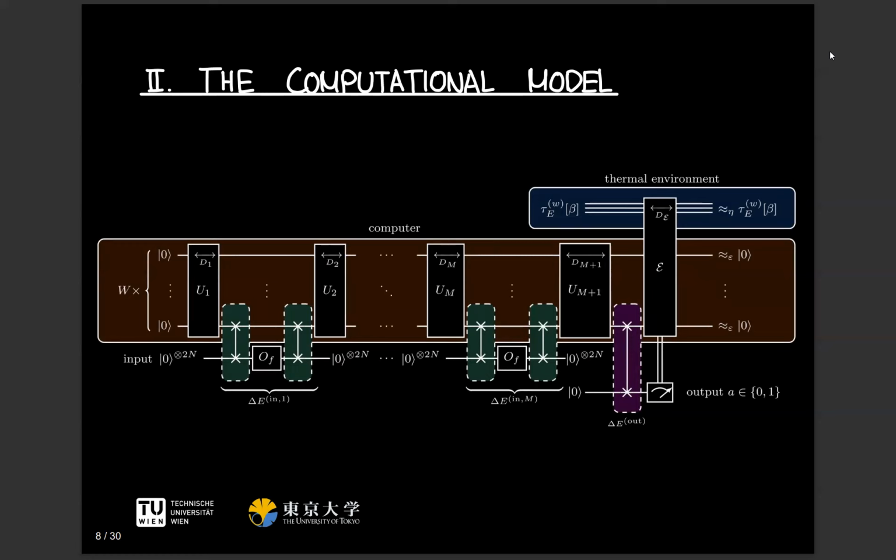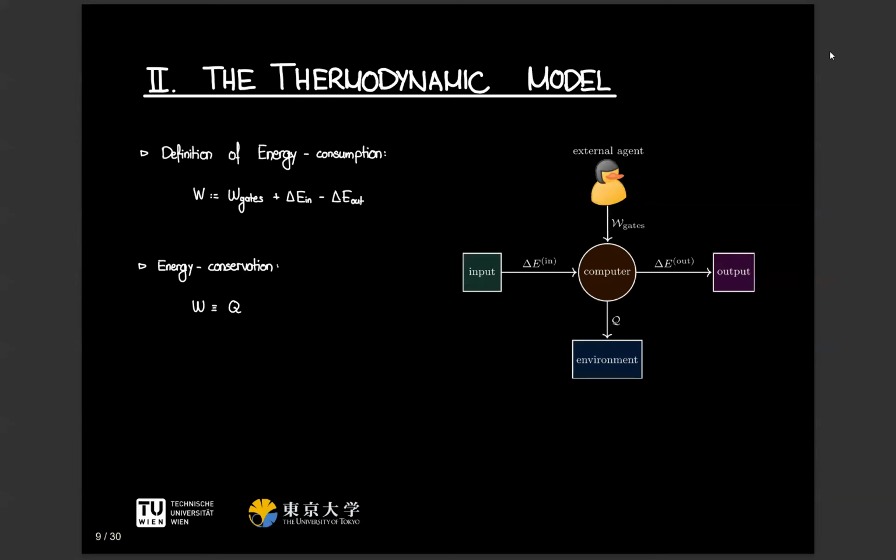Felix's talk from yesterday, I think, is a good illustration of how such a process will look. So the thermodynamic model that describes this situation consists of these 5 parts. The computation on the computer acts as a thermodynamic cycle. So we start and end in the same state, which means that all the energy exchanges have to sum up